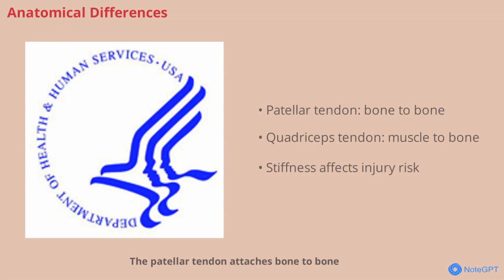The patellar tendon attaches bone to bone, connecting structures of similar stiffness. In contrast, the quadriceps tendon attaches muscle to bone, linking structures with dramatically different stiffness. Tendons adjust their stiffness along their length to efficiently transmit force from muscle to bone. When landing from a jump, the quadriceps muscle contracts eccentrically and the quadriceps tendon acts as a shock absorber. If the tendon is too stiff near the muscle, the risk of injury increases. The patellar tendon is stiffer than the quadriceps tendon, and their structural differences influence how force is transmitted and how